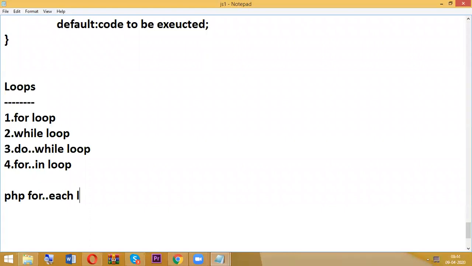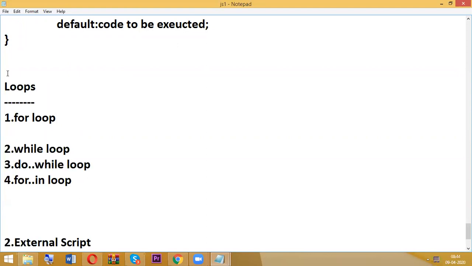So in JavaScript, we don't have for each loop. Instead, they provided for in loop. So for right now, these four loops in JavaScript. First, for loop.